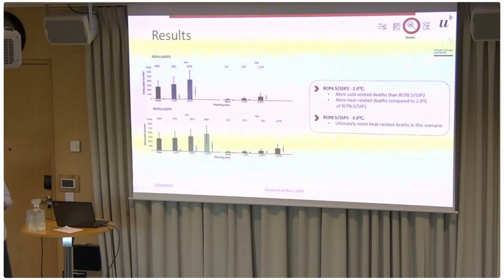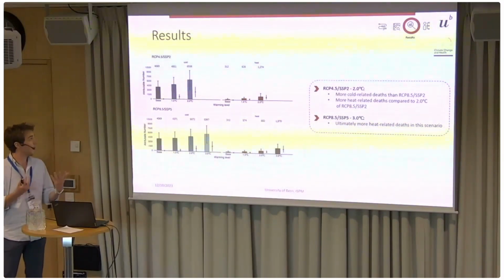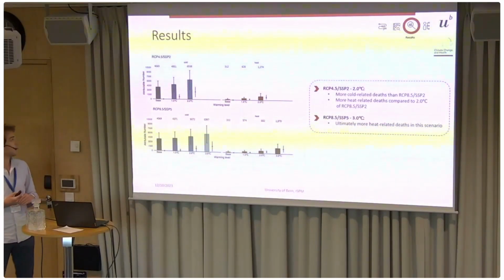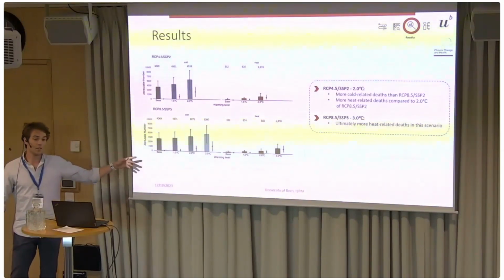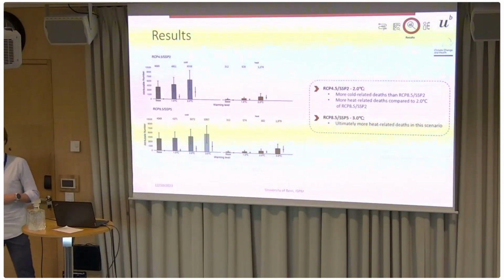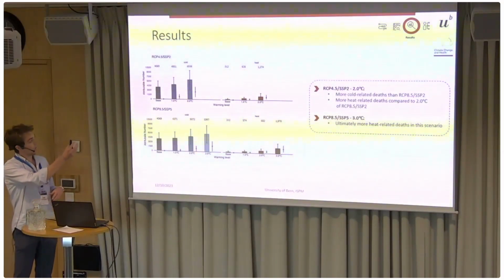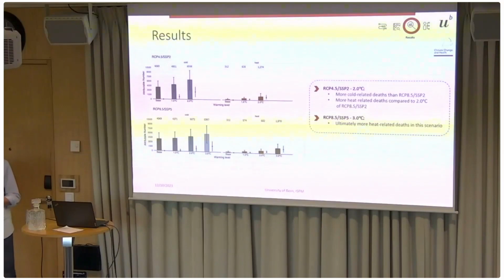So when we look at these findings, we see a substantial increase in cold-related mortality from 4,000 deaths today per year, compared to almost 6,500 deaths under 2 degrees Celsius in RCP 4.5. If you look at RCP 8.5, we said that under 2 degrees of warming, this is not 6,500, but this is 5,000. So it's substantially lower. However, when we look at the heat-related mortality, we actually see a very similar trend. And that is that in the baseline, we have about 300 deaths per year. And in RCP 4.5 and the 2 degrees Celsius, we will have 1,200 deaths.